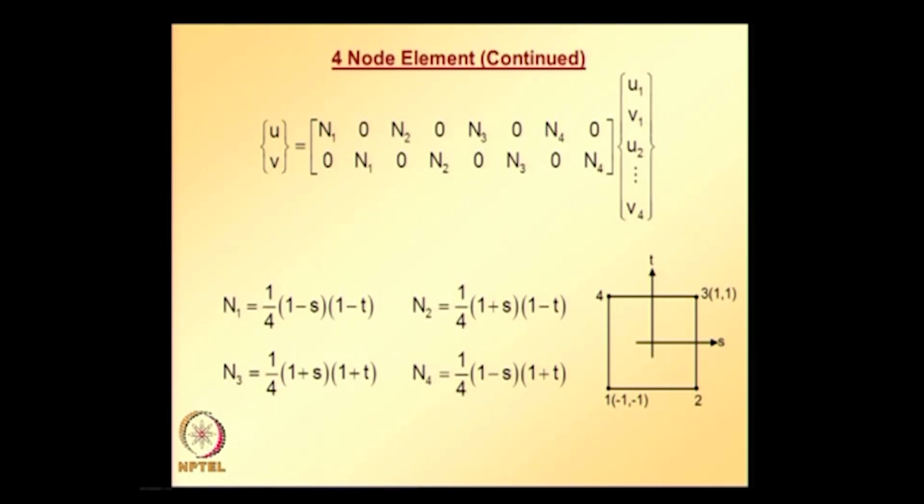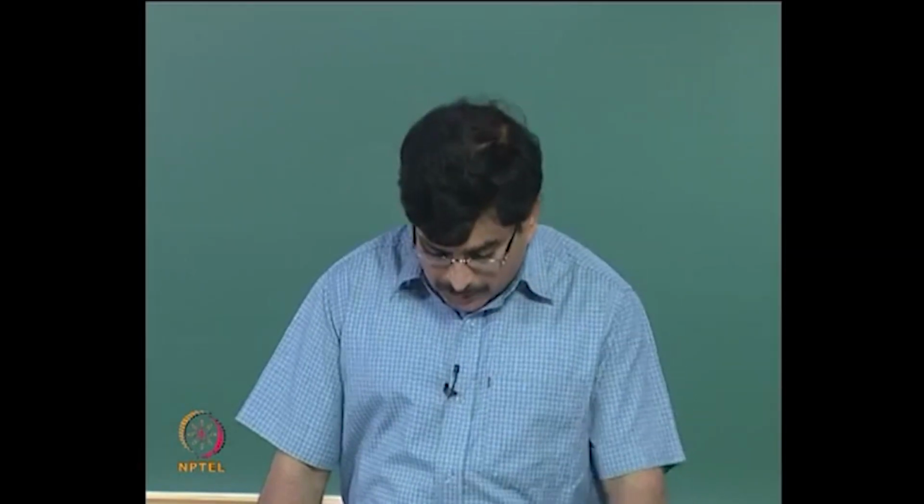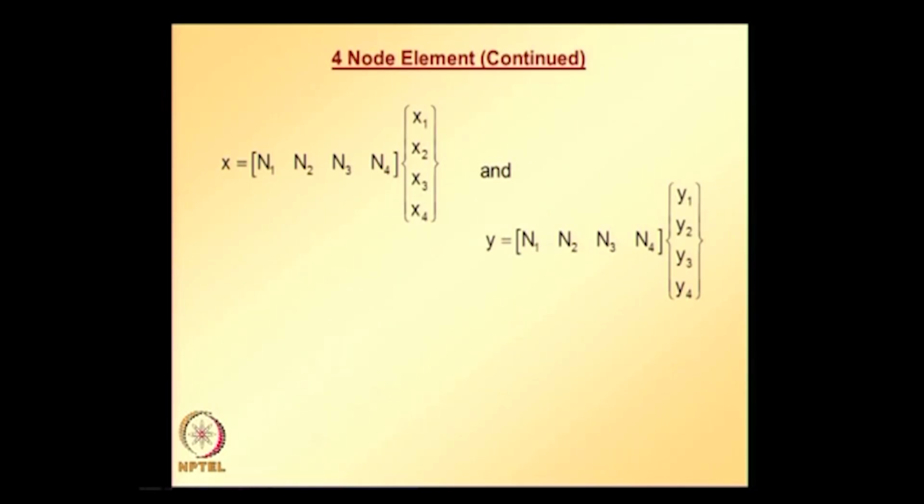And once we know these shape function expressions, we can also write expressions for isoparametric mapping, that is how x, y are related to s and t, how the actual element coordinates are related to the parent element coordinates. This is the isoparametric mapping written in matrix and vector form, and once we have this information we can easily find the Jacobian matrix